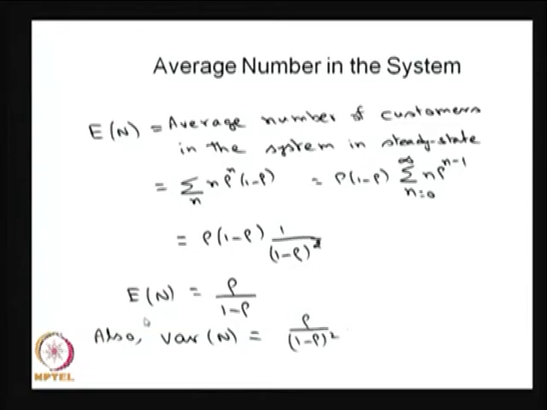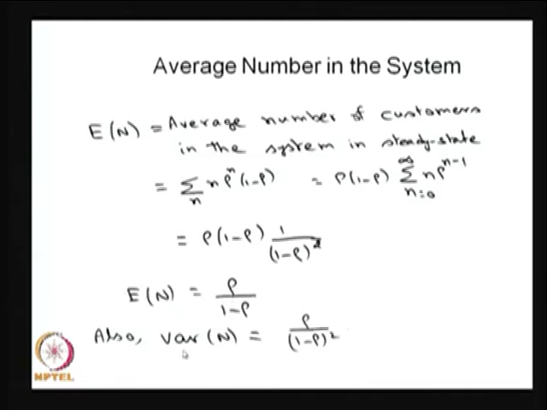Other than stationary distribution, one can find out the average measures also in the system. So, suppose you take E of n, that is nothing but the average number of customers in the system in steady state. Since you know the probability distribution, substitute pi n's here, therefore summation of n times pi n is going to be the average number of customers in the system. If you do a little simplification, you will get rho divided by 1 minus rho, where rho is less than 1. So, this is the average number of customers in the system,